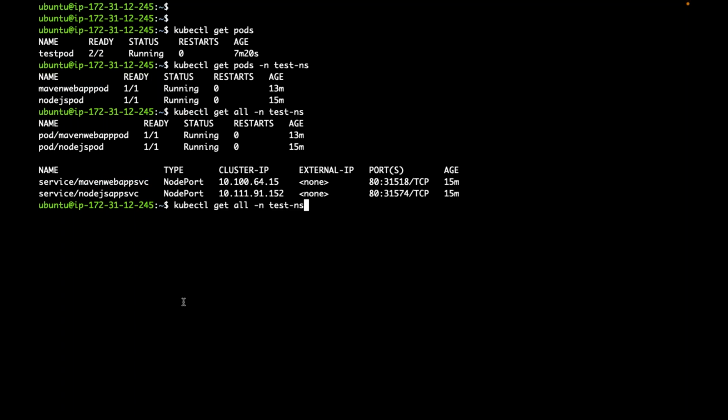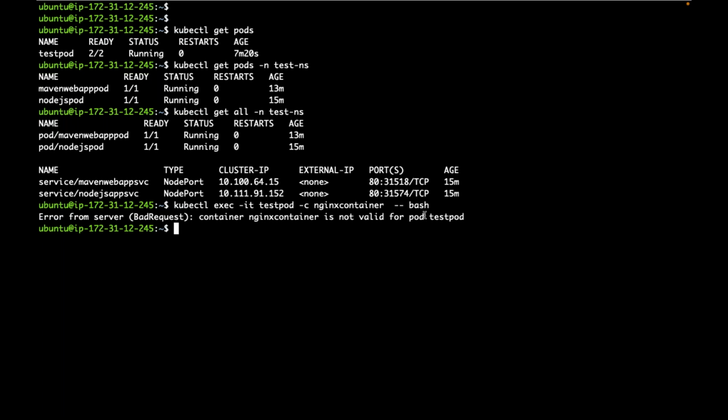Yes. Let me show that. I want to test. So can I go again like this, kubectl exec -it? But if I want to go to a specific container, can I use -c and that other container name? If I want to go inside that Nginx container instead of that Java web app, can I use -c nginx container like this?